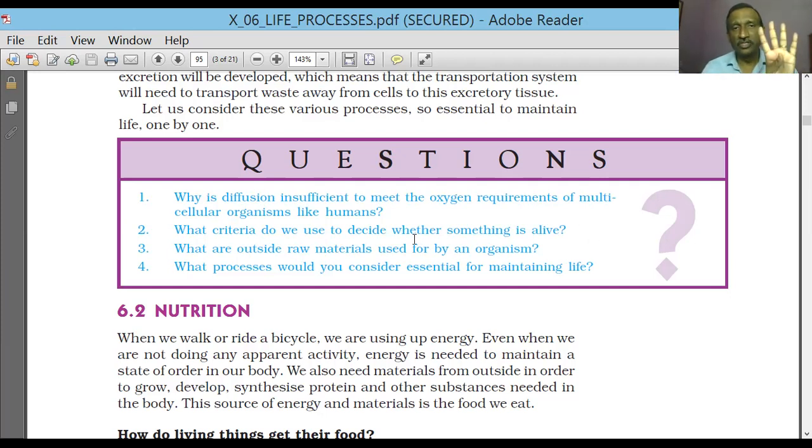Okay? So 4 processes that is nutrition, transport, excretion and respiration are the part. Now, what are the outside material, raw material, which is used by the living organism? We require oxygen, we require food, that is the nutrients, maybe protein, carbohydrate, fat, vitamin, mineral, water for us, and for plant it means sodium, potassium, calcium, magnesium, and प्लांट के लिए दूसरी चीजें होंगी, प्लांट के लिए सनलाइट भी